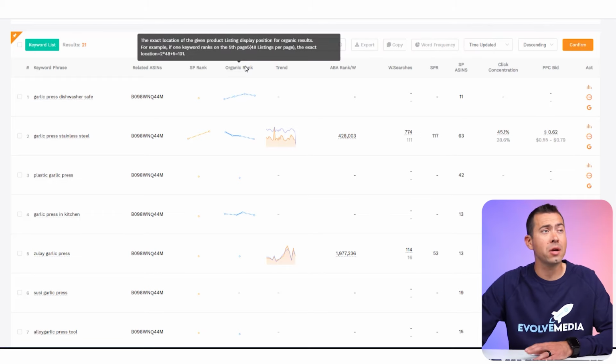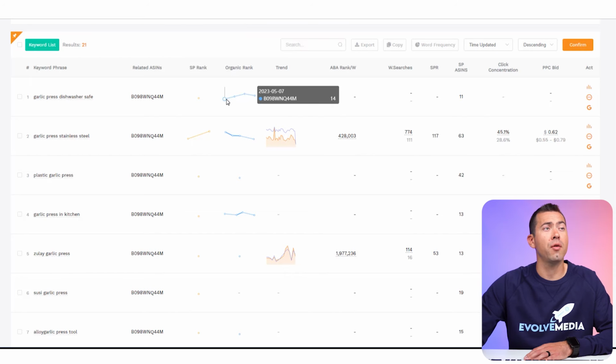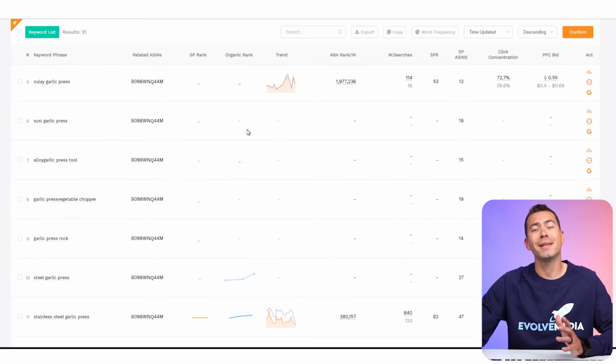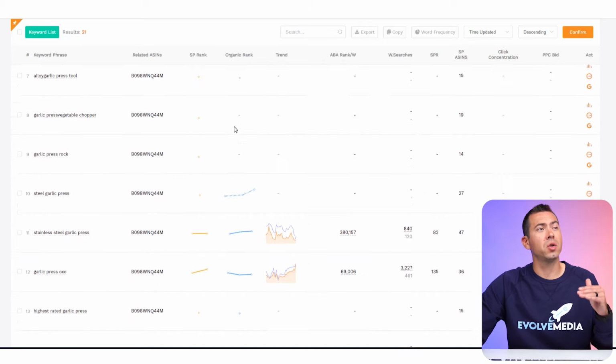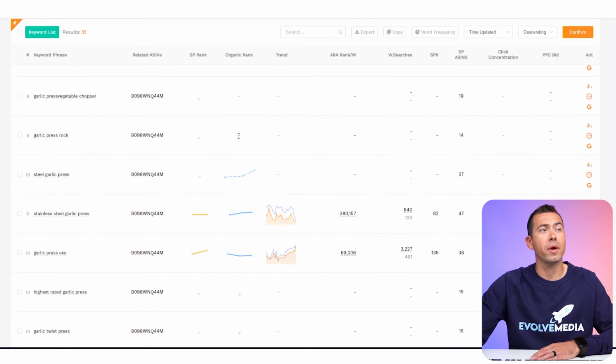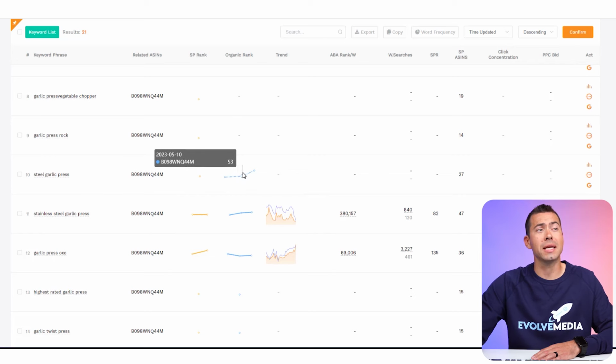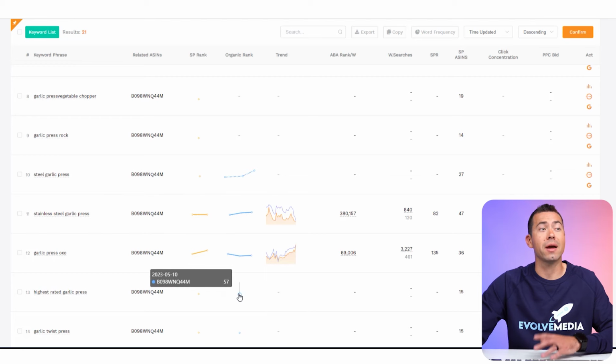Here in this organic rank column, by hovering over this little chart you can see what position that ASIN is actually organically ranking for that particular keyword phrase to the left. Now this data is not on every single keyword phrase, as you can see right here and right here, it's not there, but with the keyword phrases that do have that data, you can see how it's trending over the past couple days, and you can see on the singular points where it's at right now, 57th position for